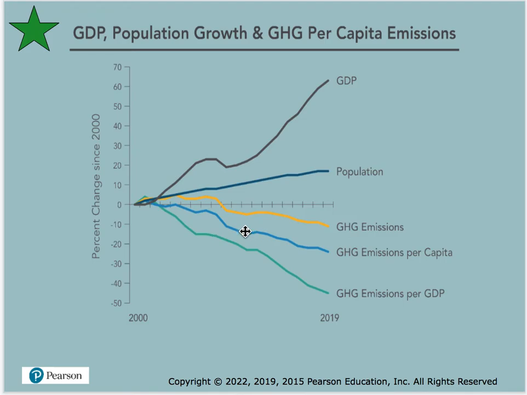So while our emissions have gone down, which is great, our population has grown. So we have more people, but less emissions. That's awesome. We also have grown our domestic product. So I guess it adds another piece into the argument, like when people say it's going to cost us a lot of money to do these things. We've actually seen as a country that we've done better even with these changes.